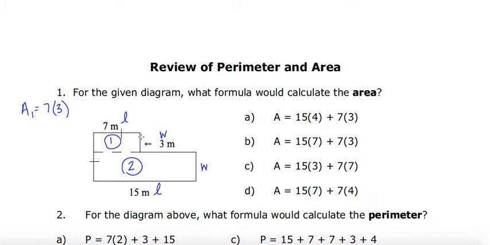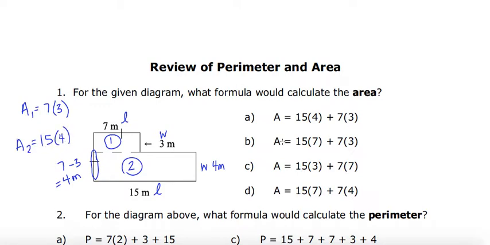I know that the smaller part of the smaller rectangle is 3 meters. So to find out just this portion right here, which I'm going to circle, I'm going to take 7, because that's the entire length of the side, and subtract just the top part, which is 3, and that gives me 4 meters. So the width of this rectangle is 4 meters. So then if I was trying to find the area of shape 2, it would be 15 times 4,